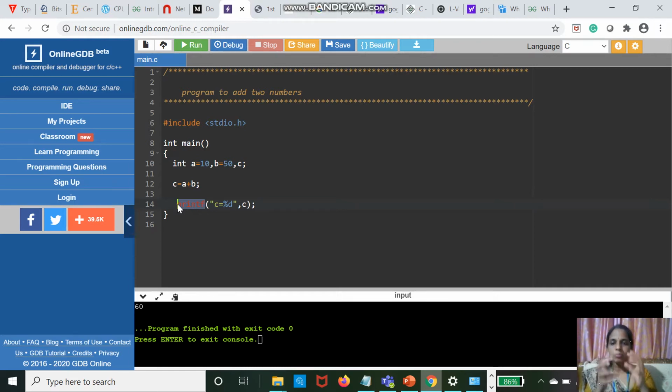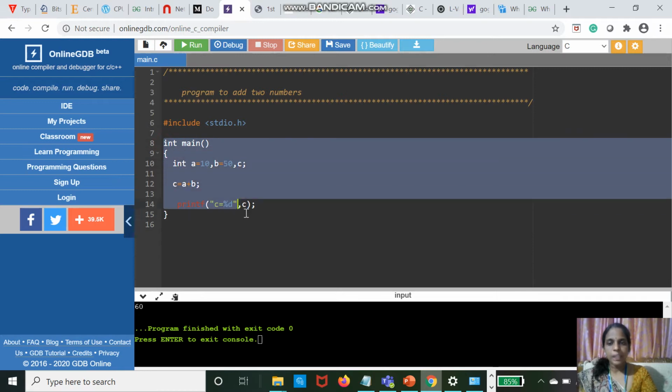All of that is in stdio.h, the standard input output header file. Printf is one output function. So if I want the exact meaning of printf, I have to include stdio.h. I'm asking my compiler to include this standard input output header file in my program to support the output function printf.